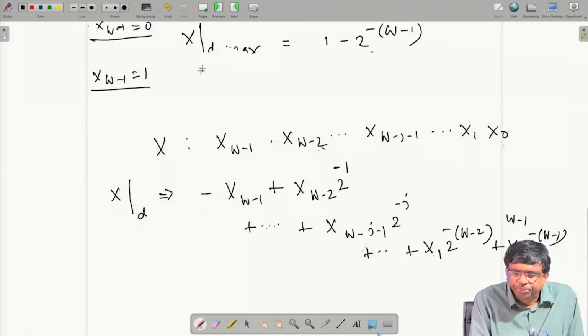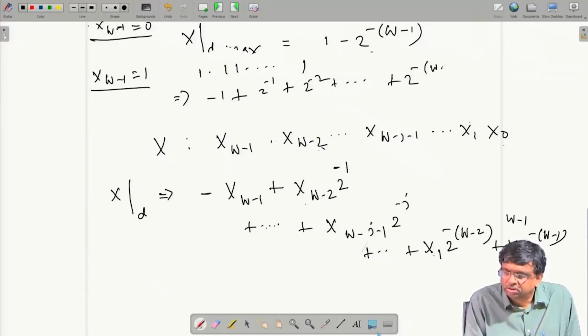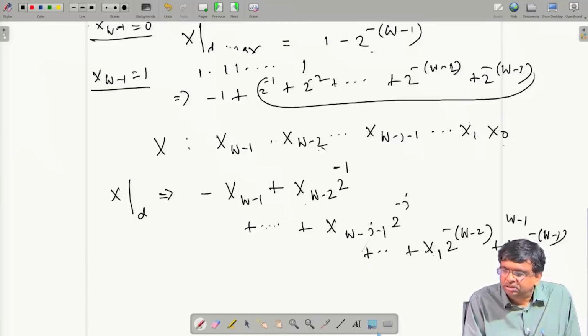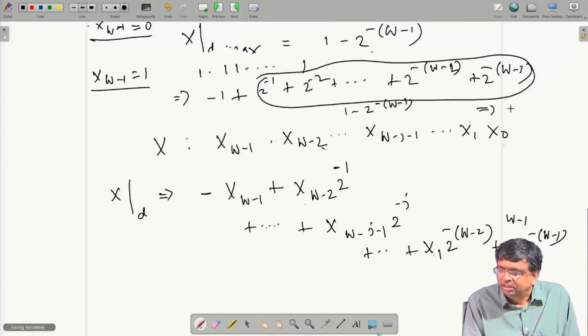That we will have here decimal value will be minus 1 and then 1 into 2 inverse, then 2 inverse 2 and dot dot dot dot, all are 1. So, 2 to the power minus 2 minus 1. But this sum I have already worked out a while ago, this is a GP series, its value is 1 minus 2 to the power minus w minus 1. So, together it will be minus 1 plus 1, so they cancel, minus this,